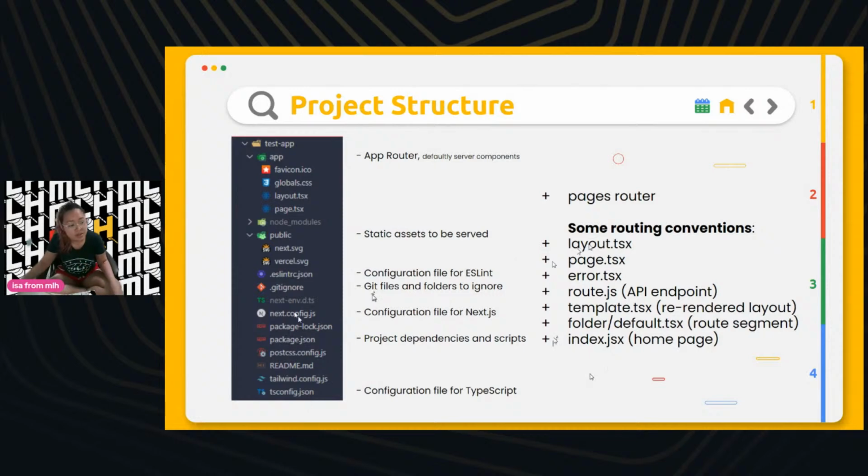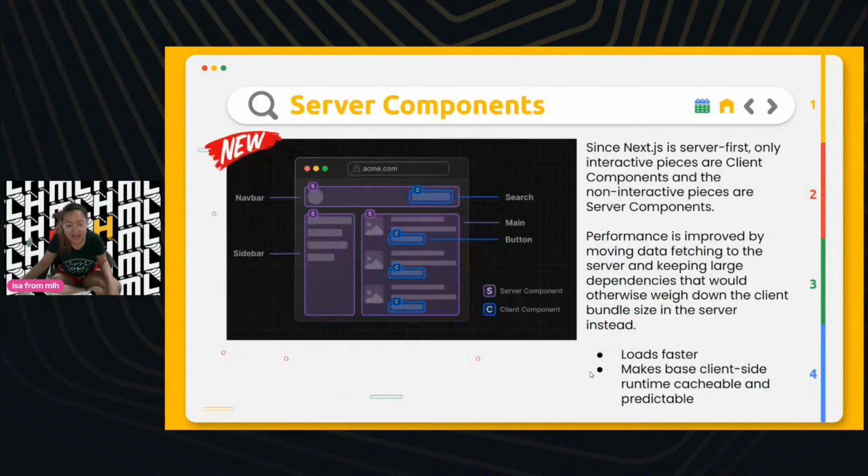So unless anyone has any questions about that, I'll go into this new concept that we have with the app router called server components. And I think this is a really cool concept that I want to explain, even if we're not actively using it in the coding.